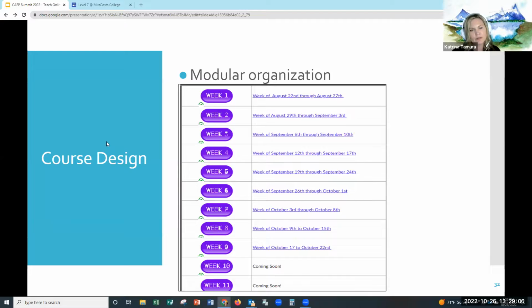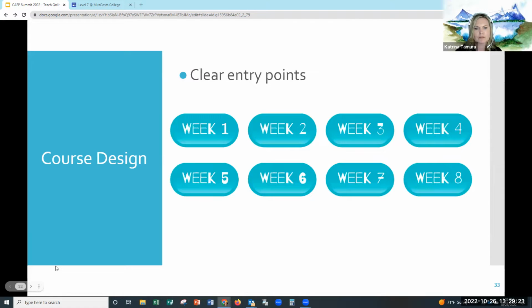And one thing you can do is allow students to enter the course through clearly marked buttons. How do they get to the lesson? You can give them some buttons so they know where to find their lesson each week. You want to go to the next one. And then there are clear entry points. Again, this is another example of how you can set up buttons depending on the length of your course.